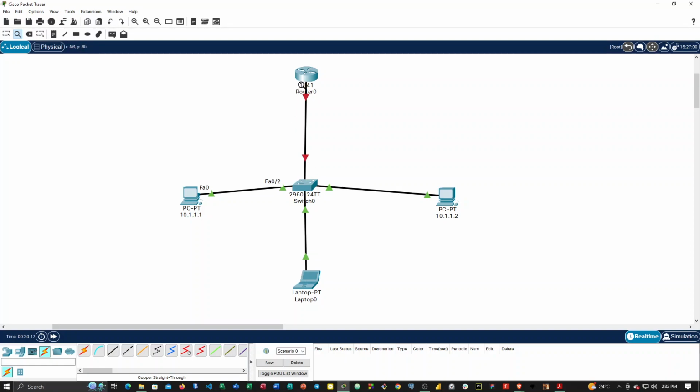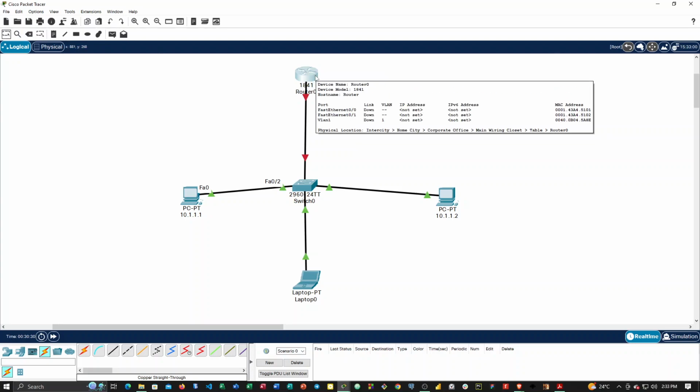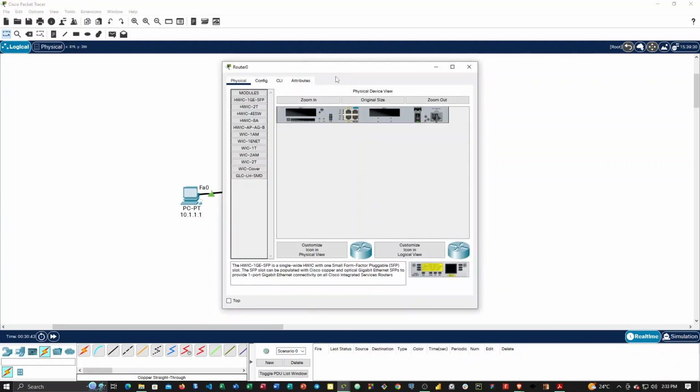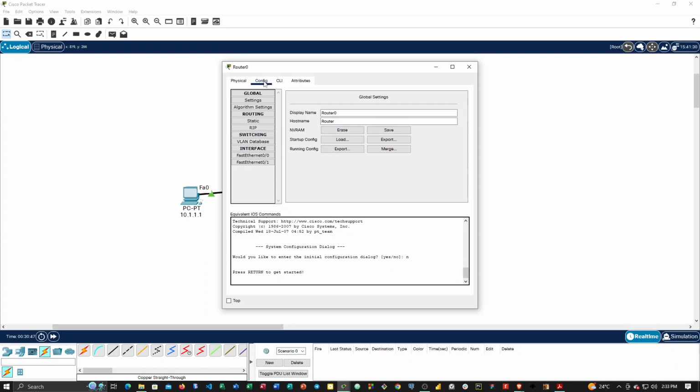There is the connection that is coming from the router, and the reason why this one is still in red is because the router connection has not been activated. I have not placed the first Ethernet 0, which is still down. The representation there shows you that the first Ethernet in the router is still down. So for me to place it up, I will click on the router and go to the configuration